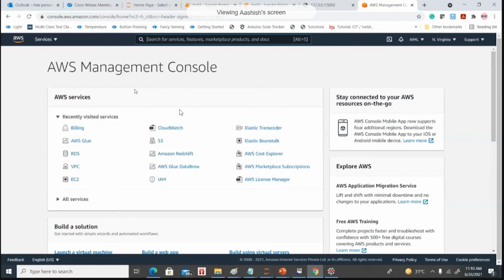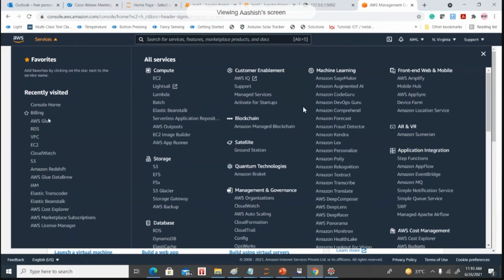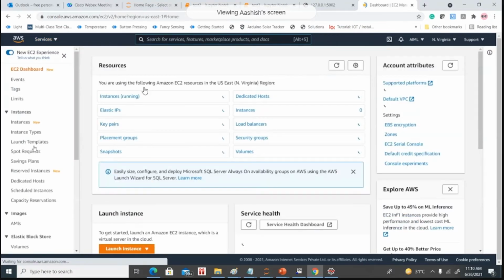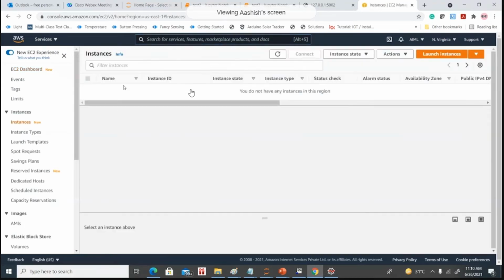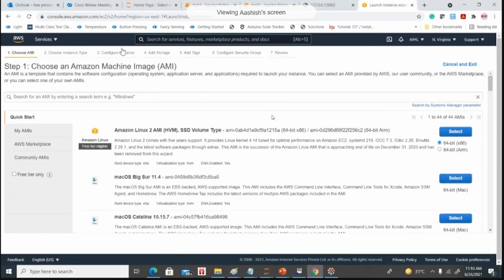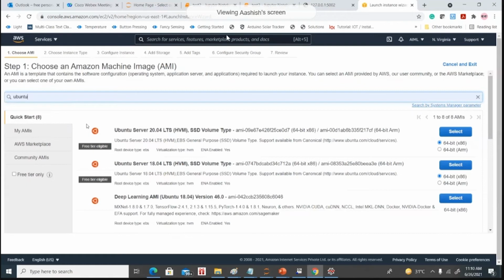We are going to use AWS. AWS is one of the cloud service providers, and it provides lots of services for computing, data storage, networking, AI, ML, blockchain. We are going to use the EC2 service. EC2 stands for Elastic Compute, and it is used to create a virtual machine. Just click on services, then click on the EC2 service. On EC2 we are going to create one virtual machine and deploy this trained model on it. Go to instances and click on launch instance.